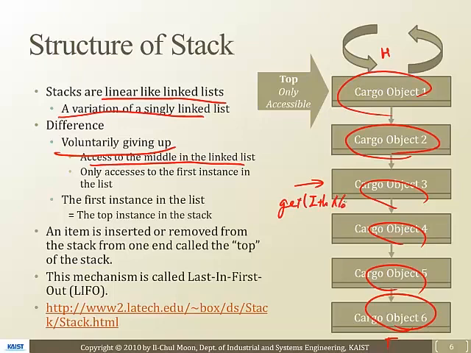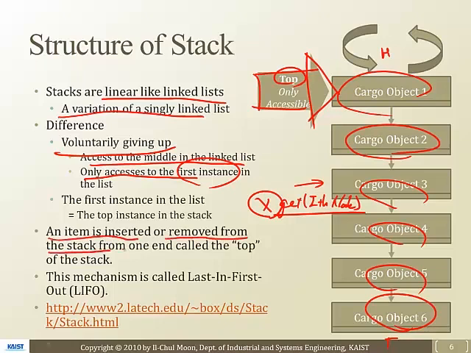We stopped doing that. In this case, what we are going to do is only access the first instance in the list. So only accessing this first instance of the list, we are going to call it top, right? So cargo object 1 is the top, right? So an item is inserted or removed from the stack from the one end called the top of the stack, right? So this is called what? Last in, first out, also called LIFO